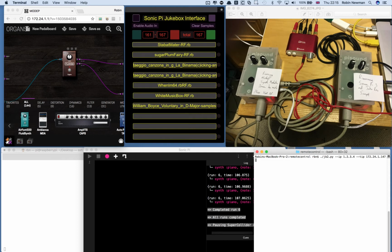Now I'm not actually running on 1234, because one of the later features I've added to the program is the ability for it automatically to pick up the IP address of the machine it's running on. And this I found useful on the Pisound because sometimes I've got this Pisound working, picking up its IP address from the Mode P one, which is acting as the access server, the access point. But equally, if I want to have a highly portable system without any MIDI, I can just have that Pisound running, in which case it becomes an access server and it will link to my iPhone, and in that case,